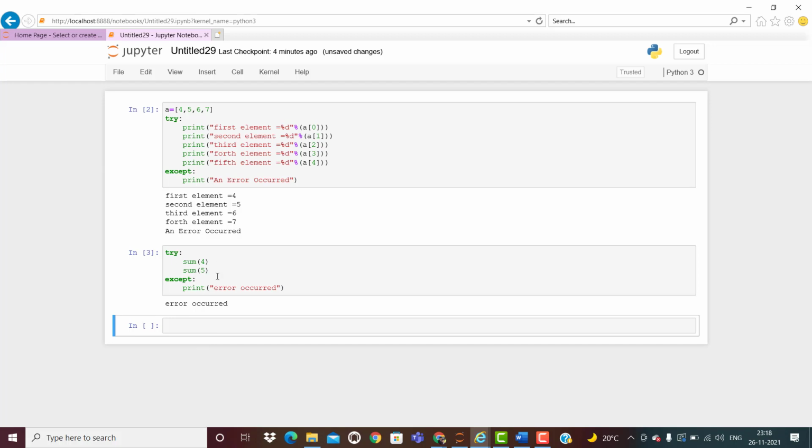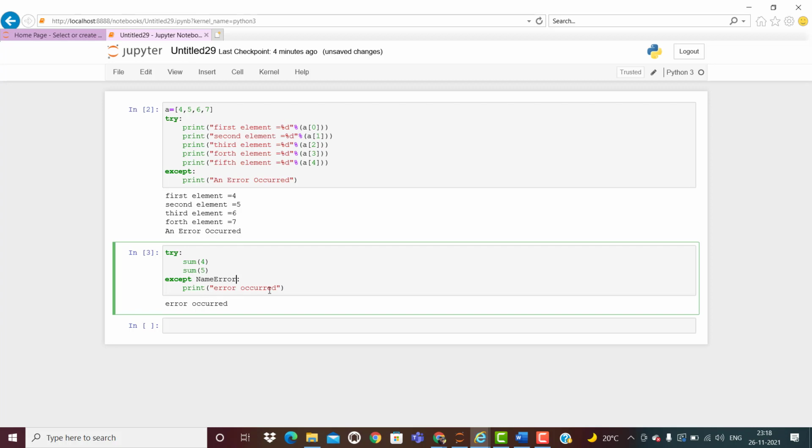That means this function is not there. So if this function is not there, that is an error only. What type of error this is, we don't know actually. So we will write some named error. Name error.